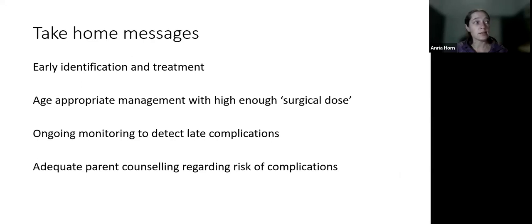The take-home messages are early identification and treatment, of course, age-appropriate management, give a high enough surgical dose, and don't skimp on what you need to do. If there's acetabular dysplasia, do an osteotomy. Don't wait for things to correct on their own. Ongoing monitoring post-surgery to detect late complications, such as type 2 AVN specifically. And then long conversations with the parents that they can understand, that there's substantial risk of complications in